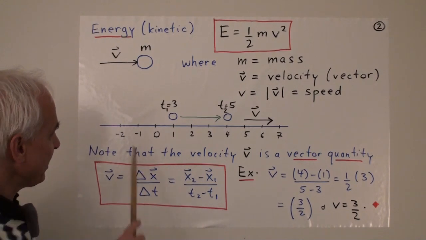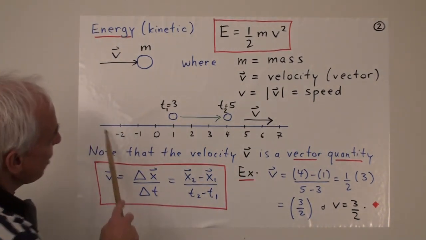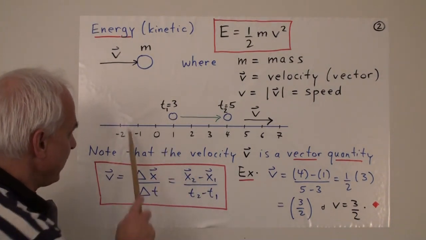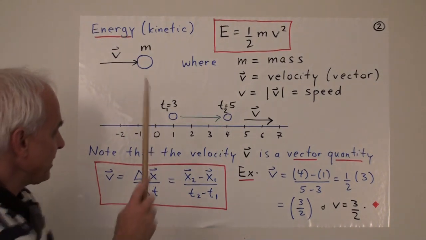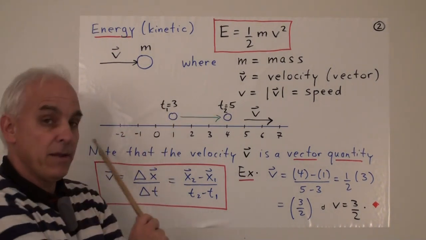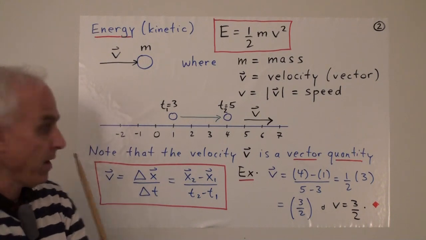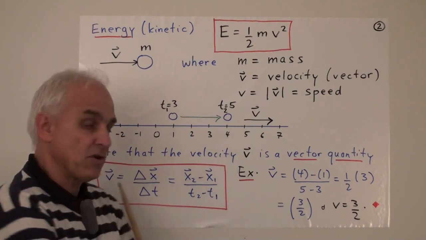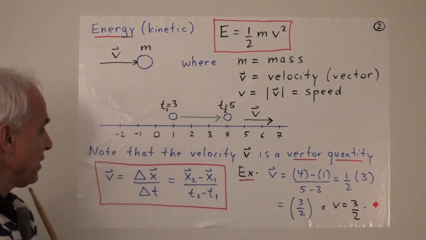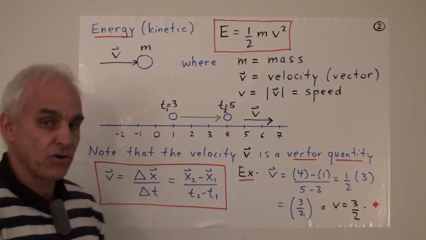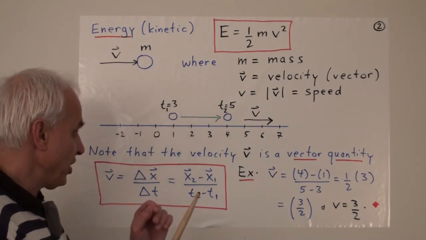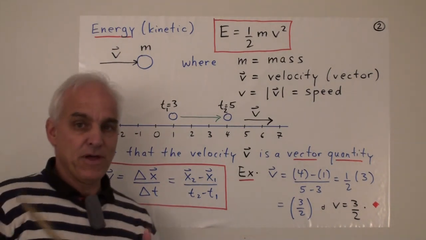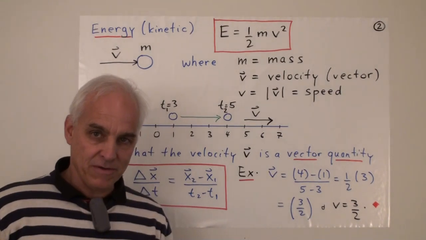And let's make sure that we understand what we mean by velocity. So here is our position line, and here's a little particle, and it's moving in this direction. And let's say that at time t1 equals 3, it happens to be at the point 1. And a little bit later on, at time t2 equals 5, it happens to be at the position 4. All right. So the velocity is in general a vector quantity, and it has a direction and a magnitude. And so it fits very naturally with our vector space linear algebra point of view.